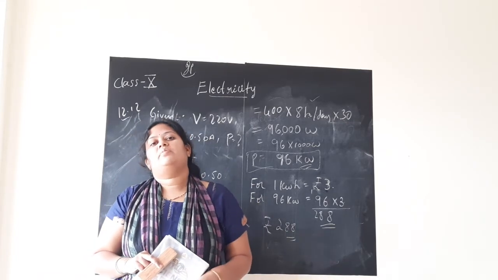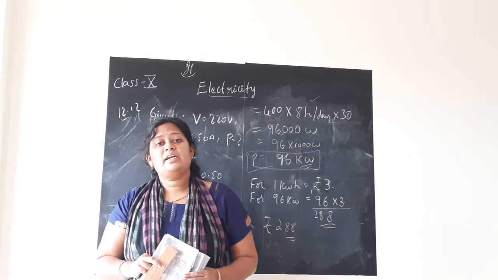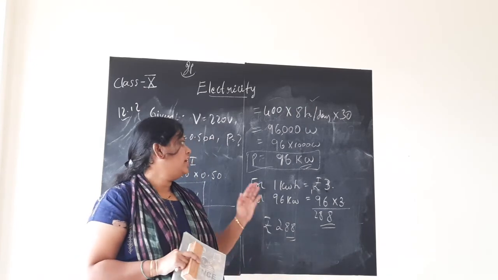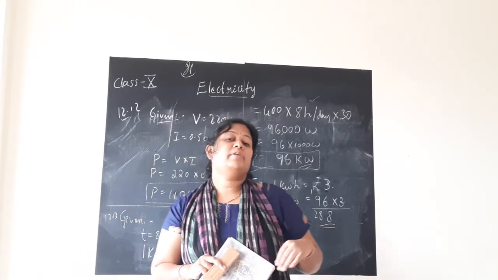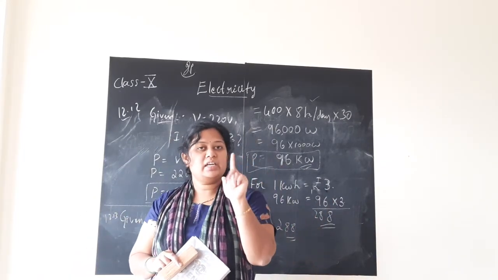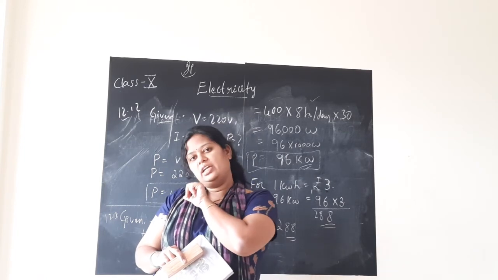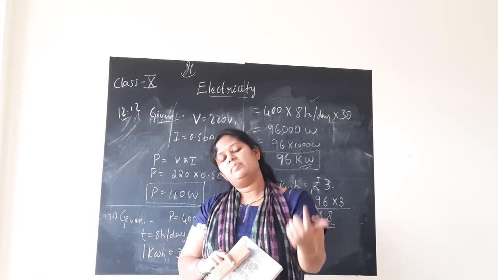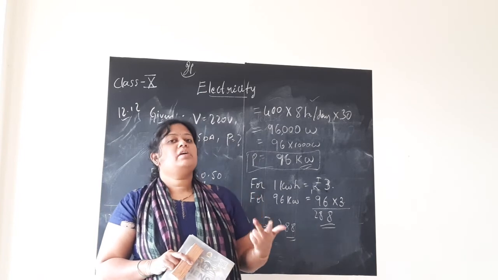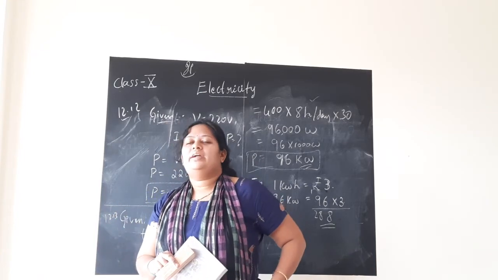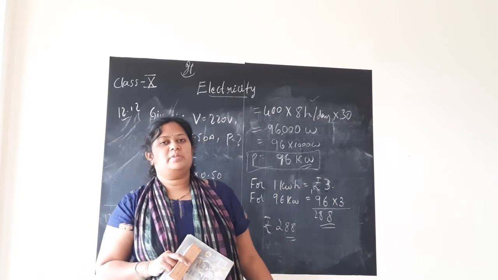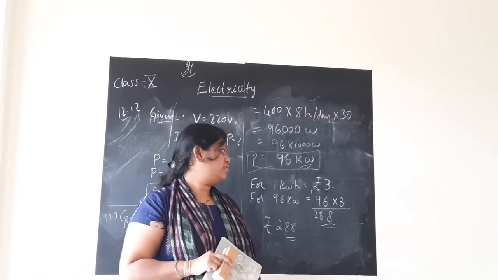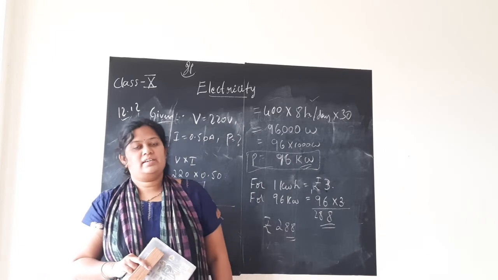In the next session, I will start with the second chapter, magnetic effect of electric current. Today we discussed the practical applications of electricity. I said there are mainly three effects: heating effect, magnetic effect and chemical effect. The heating effect we studied here, and the magnetic effect we will study in the next lesson. The chemical effect is just electroplating, children, which you have studied in chemistry. So this is about the chapter electricity.